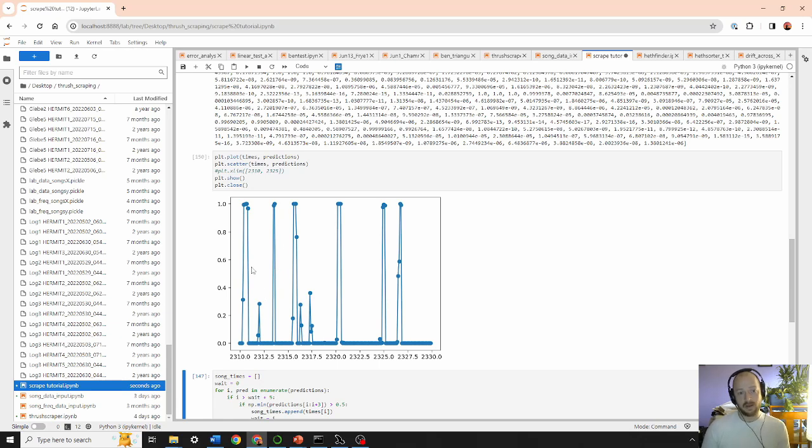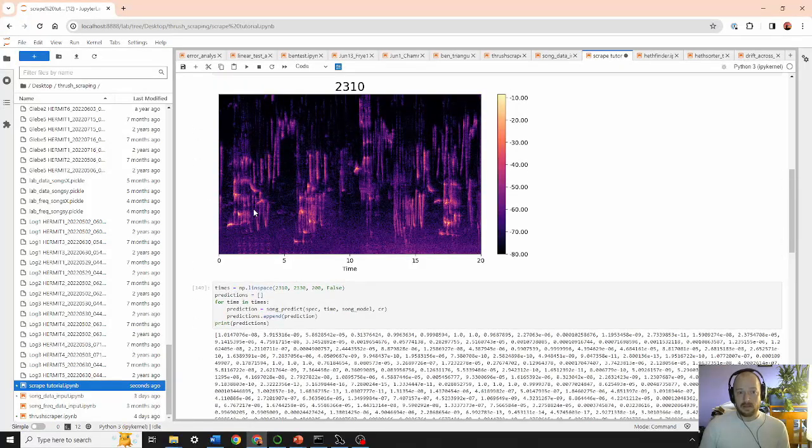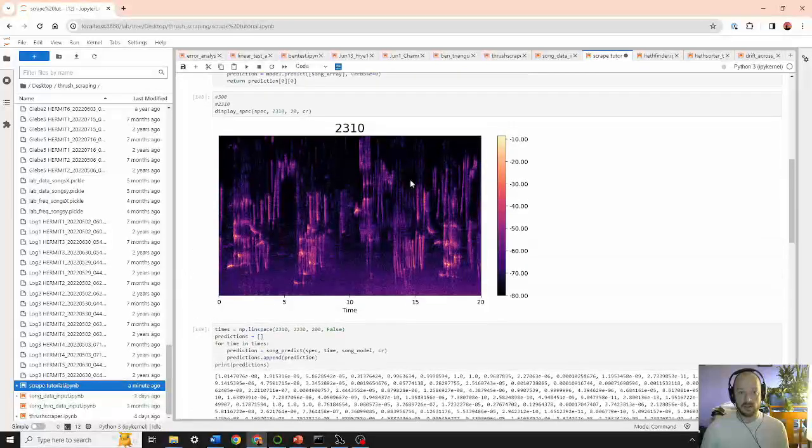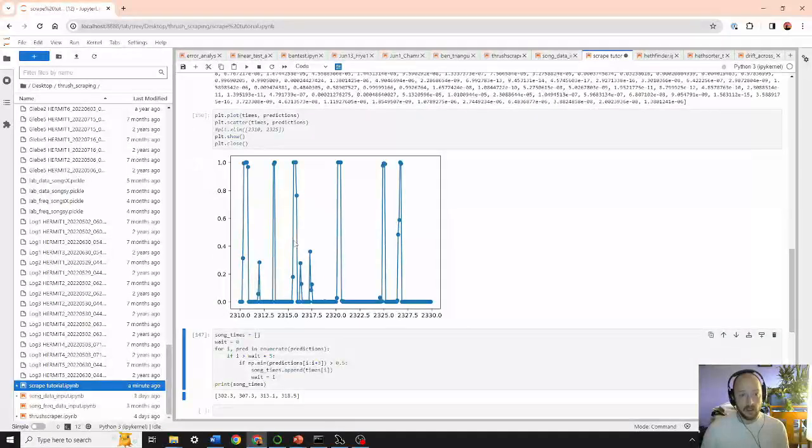And now look at this. So now we've got many spikes. And these spikes are too many because this is the same region, remember. This is just 20 seconds here and it's 20 seconds here. But here I've only got 1, 2, 3, 4 hermit thrush songs and a whole bunch of other chatter. And sure enough, here we can look and we can see 1, 2, 3, and then 4. But if we were just looking at this graph, we might think that there's 1, 2, 3, 4, 5, 6